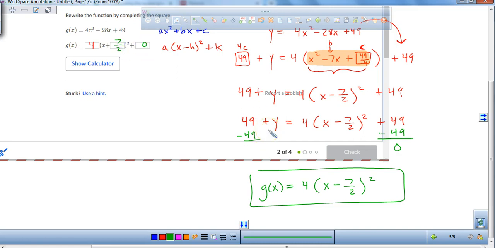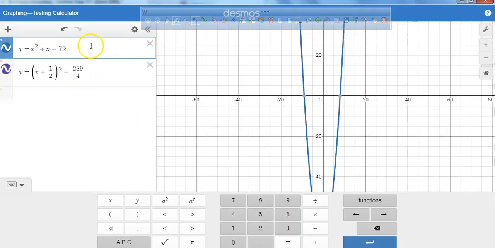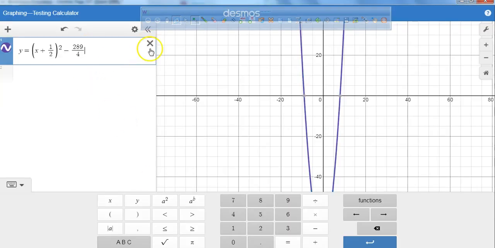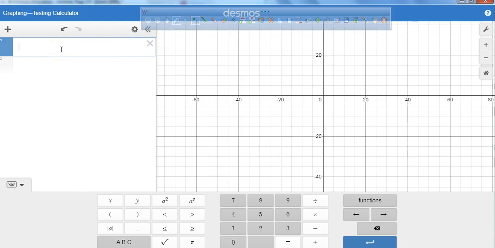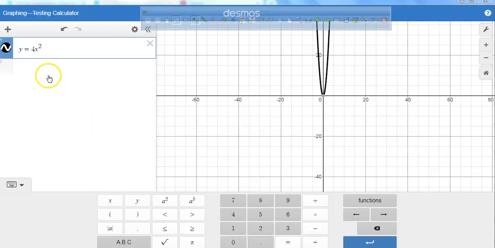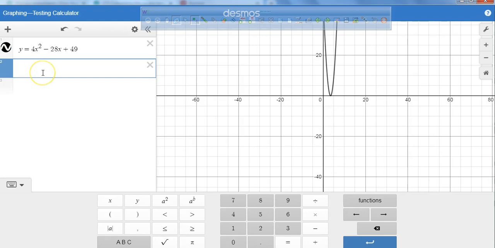And then we're going to type it into Desmos so you can see that this is vertex form and this is standard form. Let's type those in right now. Clear that out. I'm going to type in y equals 4x squared minus 28x plus 49. And then over here, our final answer was g of x